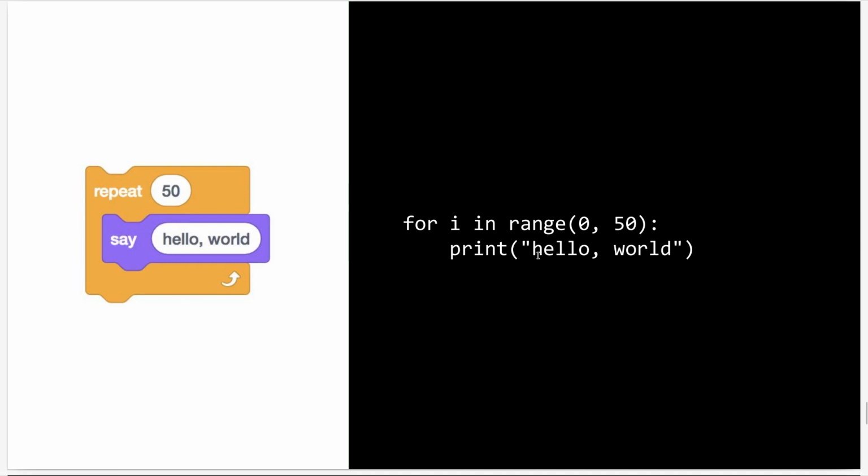This is self-explanatory, but the range function gives you a list of numbers starting from the first argument till the second argument, and the second argument is not included in that list. So this list will give us 0 until 49. You can also add a third argument here, which is the amount each number in your list is incremented by.